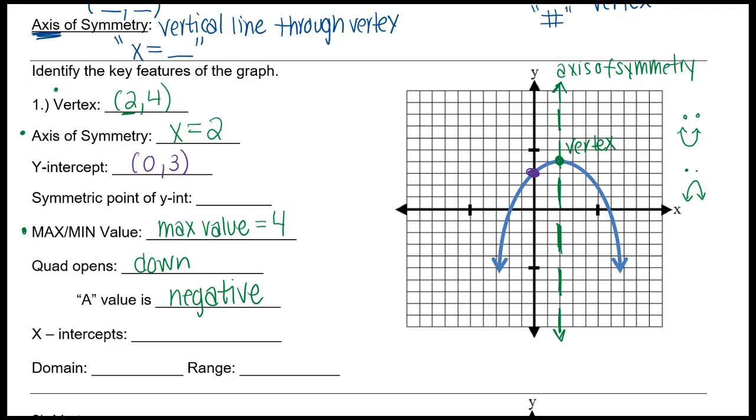The symmetric point, it's a little bit of a funky idea, but basically you're finding that symmetric point on the opposite side of that axis of symmetry, right? That symmetric point is the same distance from your axis of symmetry. So if I go from my y-intercept to my axis of symmetry, that's 2 points. Another 2, and that's that reflected point. So we can write out that point of 4, 3,